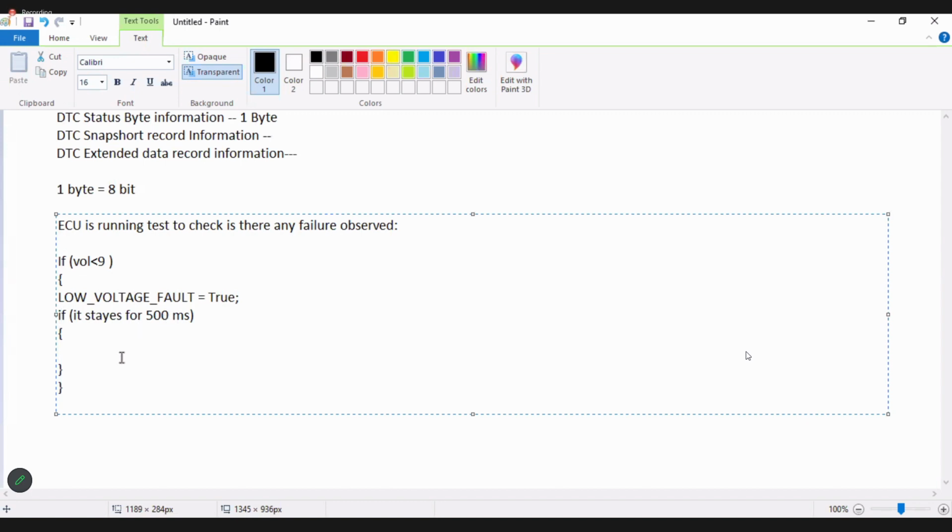Yes, then store the information in memory. Now, if the voltage is less than 9, that means this test has been run and the test is failed. Then this condition will be satisfied, like the voltage is detected as less than 9. Here, bit 0